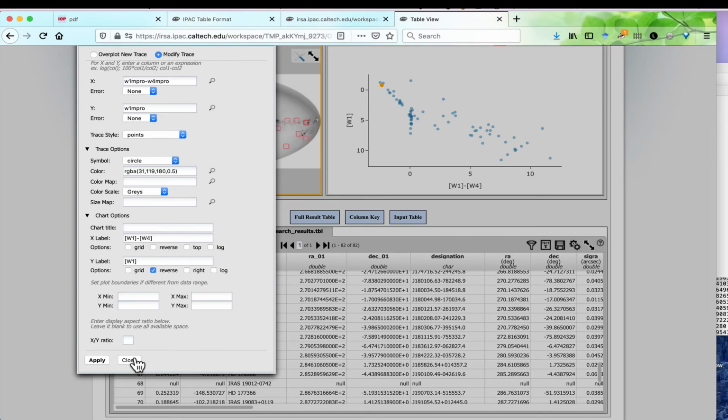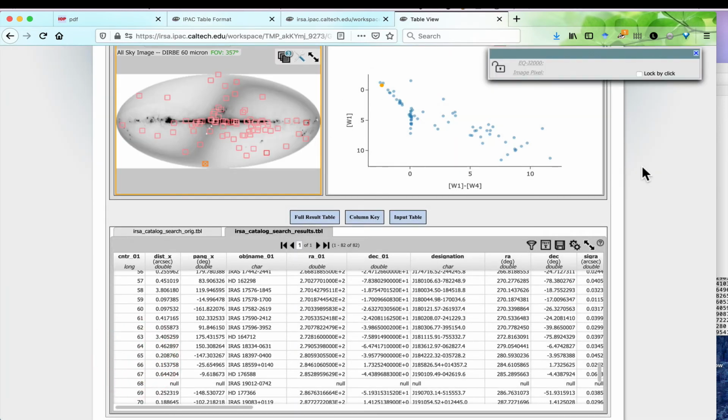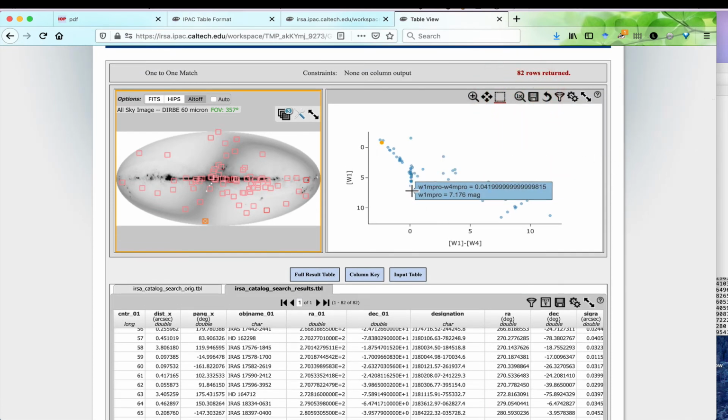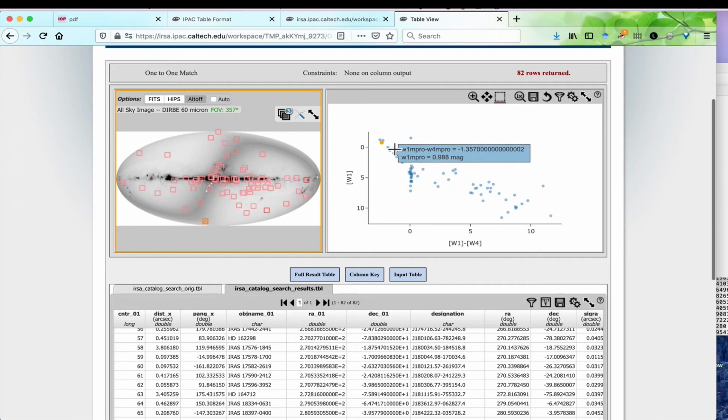Okay, it's a little goofy. We've got brightness as a function of color here. And I think what's going on is that those are the stars that definitely don't have an infrared excess. These guys are so blue because I bet they're saturated in either WISE1 or WISE4 or both. Here, we've got a large population of objects that at least seem to have a large infrared excess. Yeah, so maybe this is worthwhile.